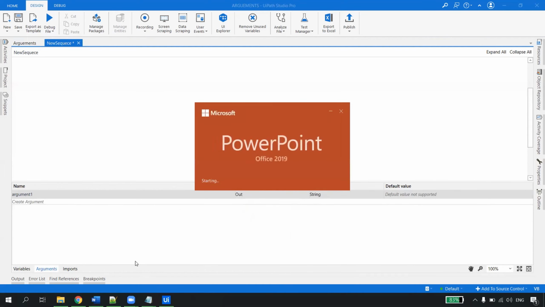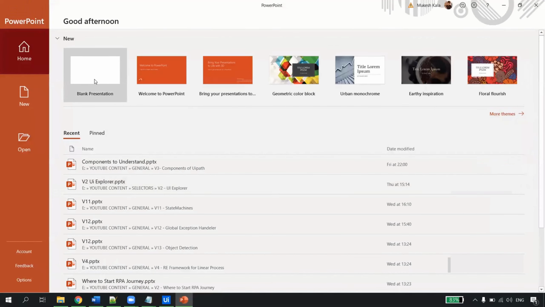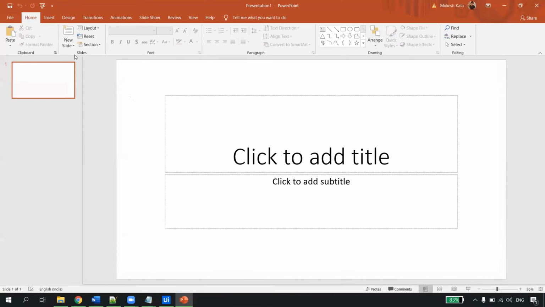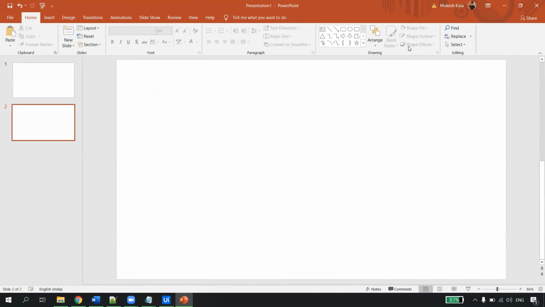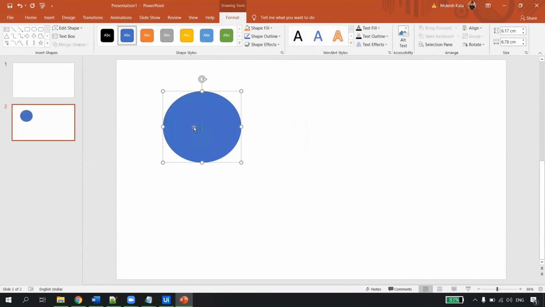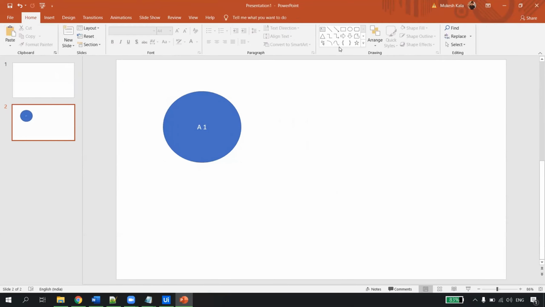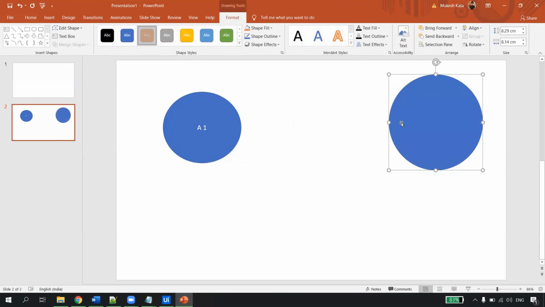Let me show it to you with the help of a diagram, that will make more sense. So I am in the new slide. I will delete this. I have one automation, I will call this automation 1, and then I have a second automation, which I will call automation 2.